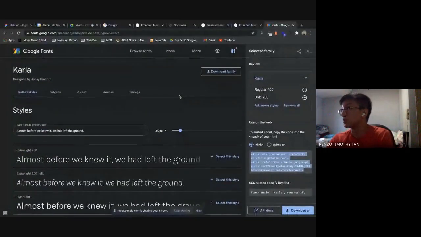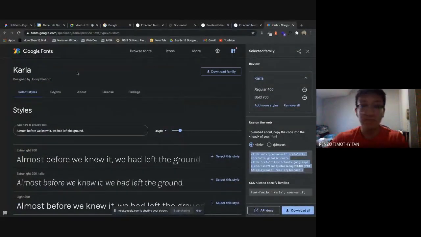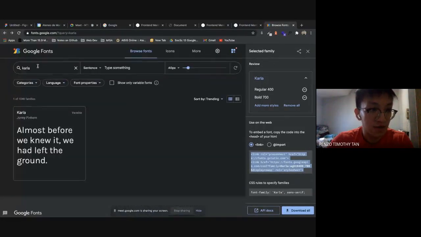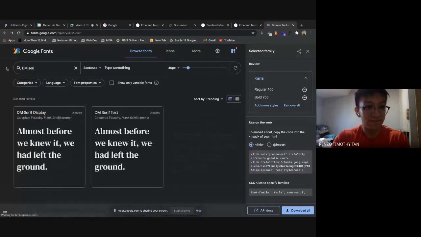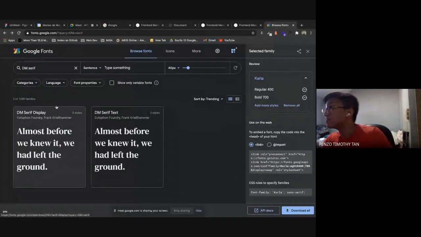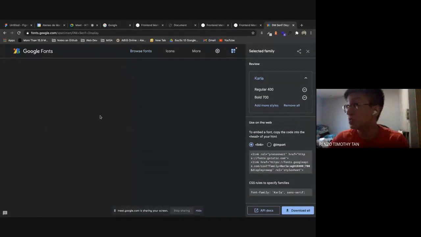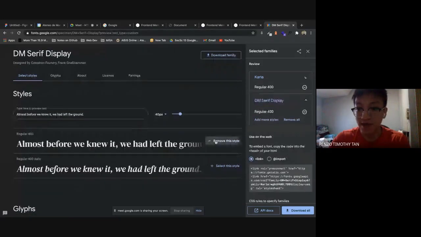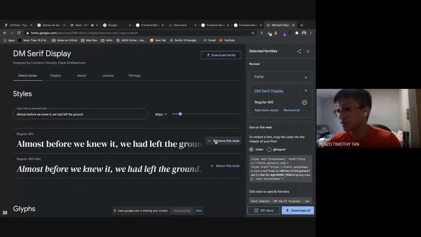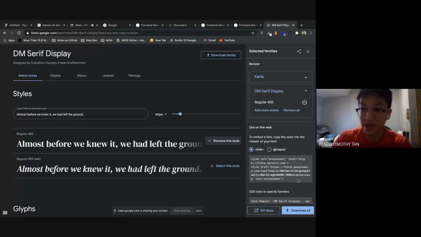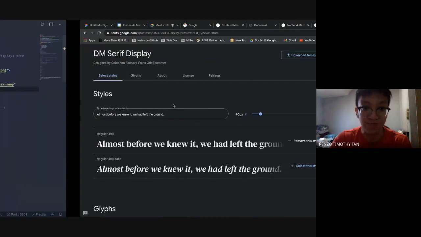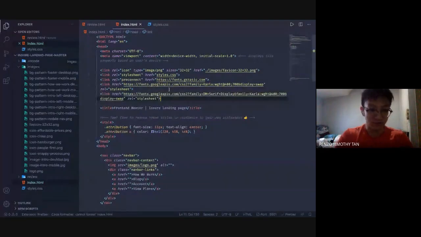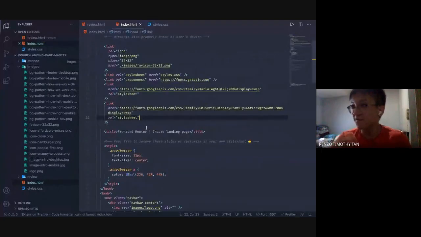Next, what we also want to do is to get a font called DM Serif. So let's go to DM Serif. It's called DM Serif Display. So DM Serif Display, what we want to get is basically the regular font. So select the style at regular 400. And then we're just going to copy again this link over here. Let's just copy the second one because in the first link, we already copied it earlier. So the second link, there you go. So now we have our font installed